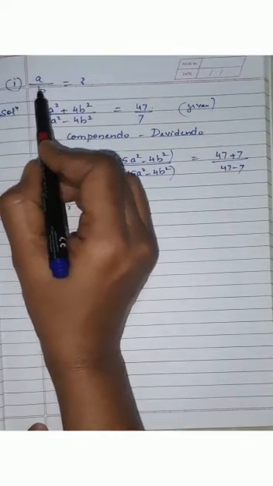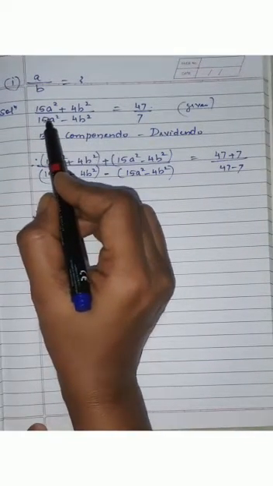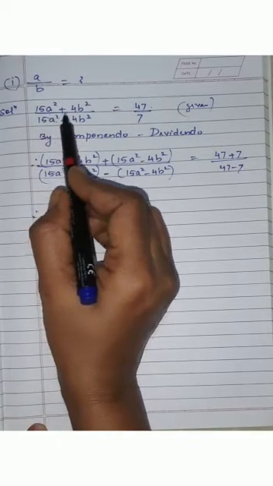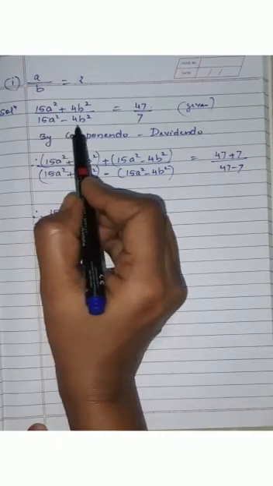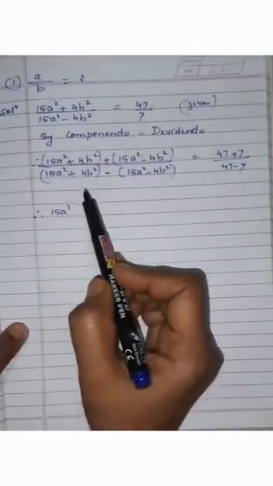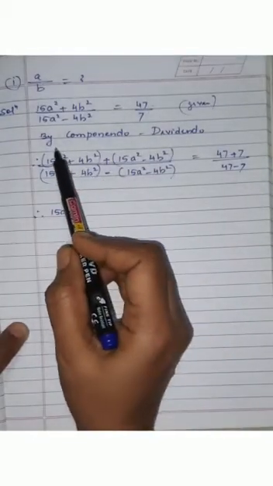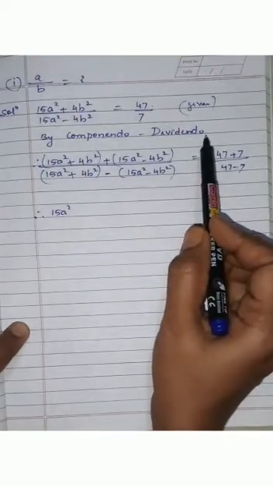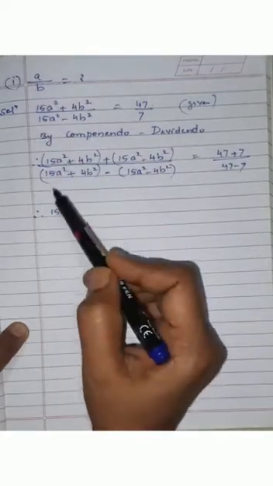Now students, our main question 2, sub-question 1 is to find the ratio of a/b. We will start the solution from the given. It is given that (15a² + 4b²)/(15a² − 4b²) = 47/7. So children, in order to find the value of a/b, we have to use only this property, that is componendo and dividendo. When we use this property, we can get the value of a/b.